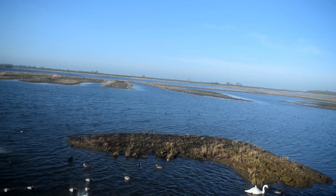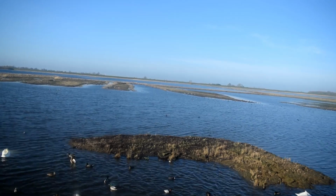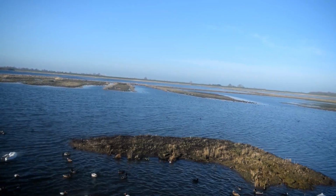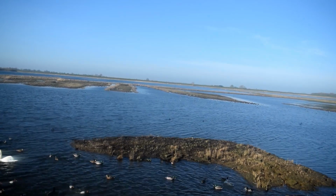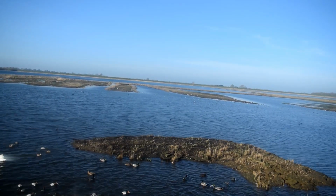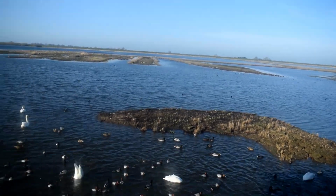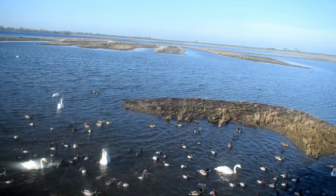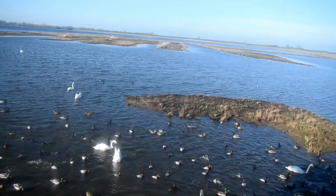So I'm just holding up in the central bit of the hive one of these diverters. You might well have seen them on the wires. So the power company fits them, and this little panel at the bottom has a reflective section on it that spins in the wind, and that just helps make that obstacle a bit more obvious to the bird. So we meet up with them each winter to tell them, you know, where we think they ought to be